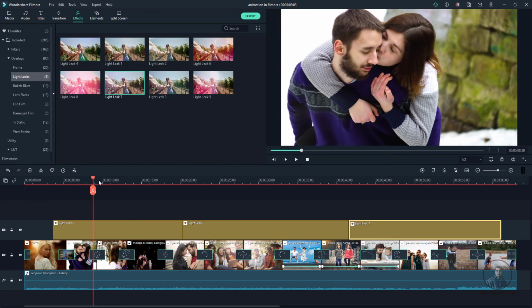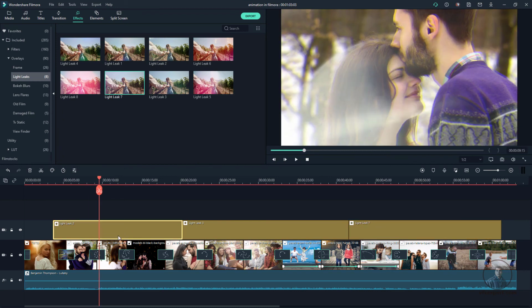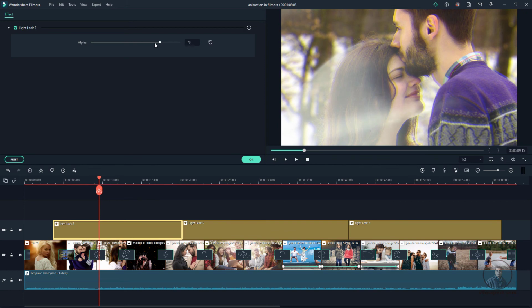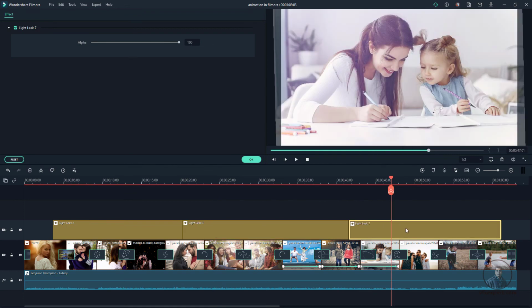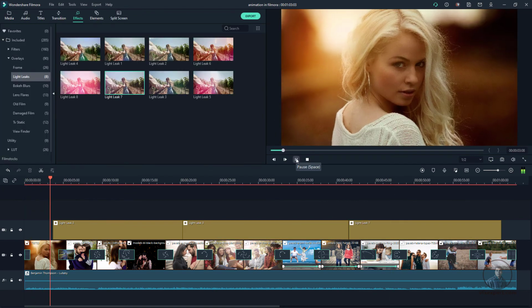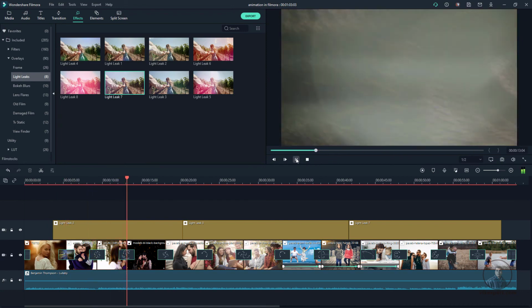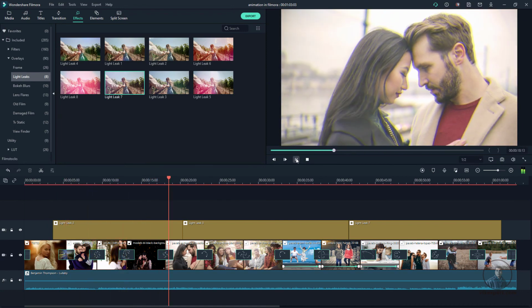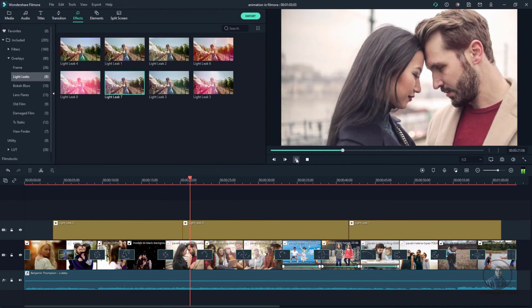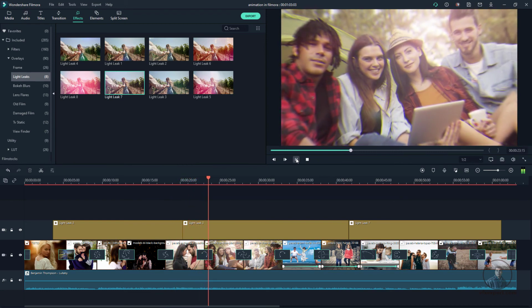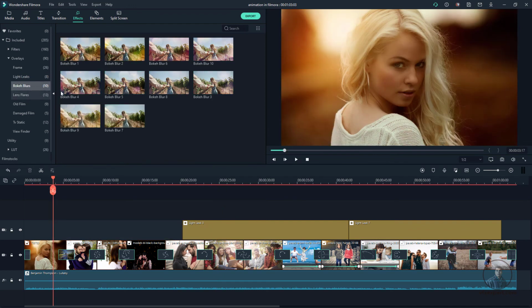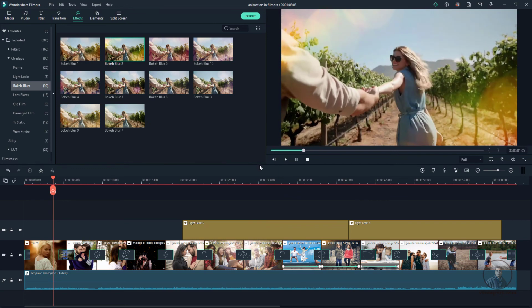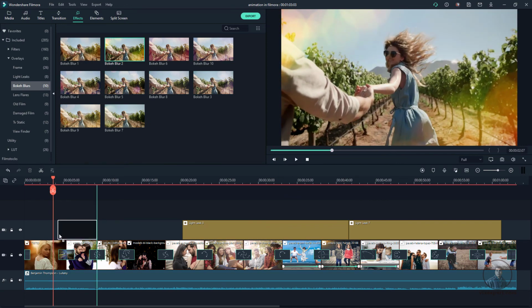So here little bit I'm going to adjust effect opacity maybe, then you can double click here and you can adjust this alpha value. Okay, so according to this you can manage. Then again double click here. If this is not looking good, then select and delete, and you can apply some bokeh effects here. So let's check. I think this is looking good. Now just apply these effects.